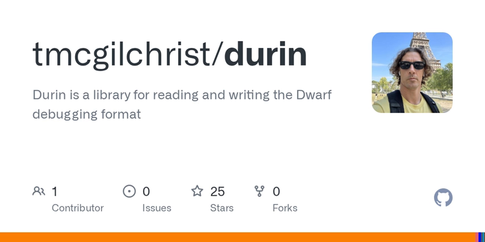Have you seen the example programs? A simple debug info parser sounds like a useful tool. Absolutely, they have a dwarfdump clone too. It's like they're providing a toolbox for developers. Toolboxes are great, but I hope they also focus on the documentation. That's key for usability. For sure, good documentation can make or break a library, but it looks like they've got